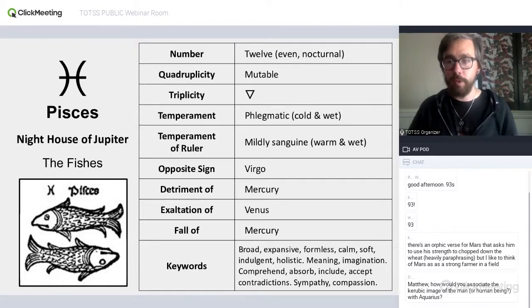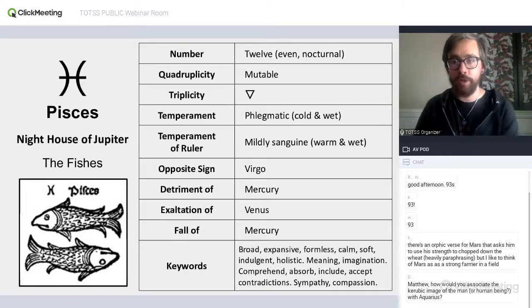And again, with the watery sensitiveness and orientation towards feeling and connection, and those Jupiter qualities, there's definitely a sympathy and a compassion involved in Pisces.